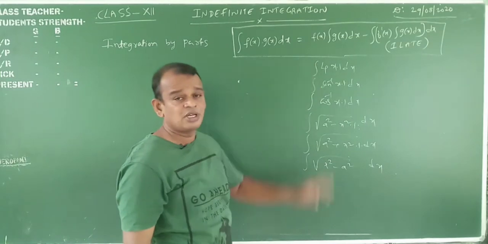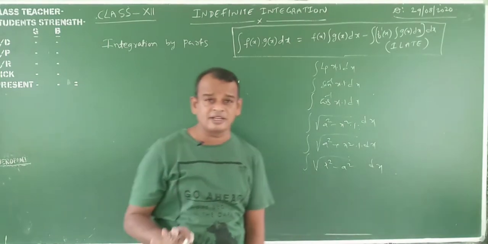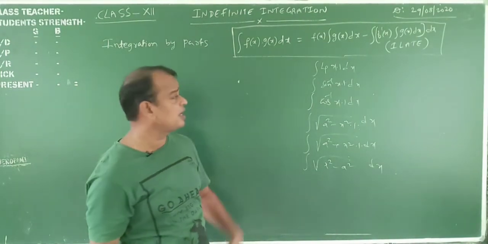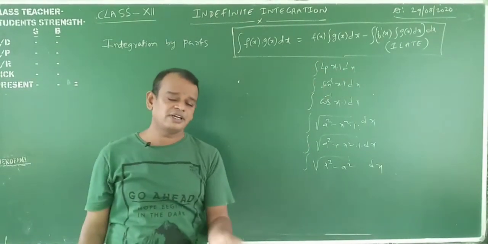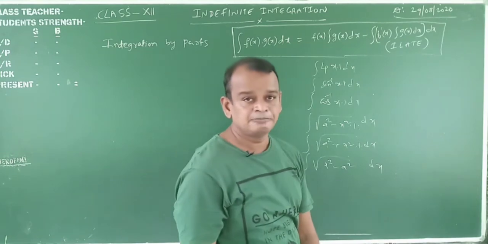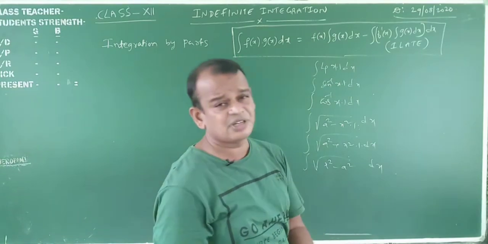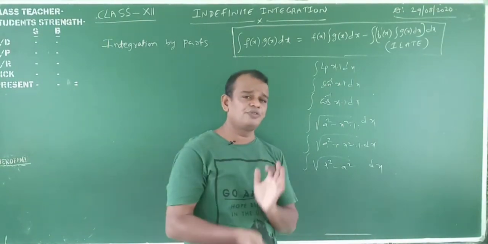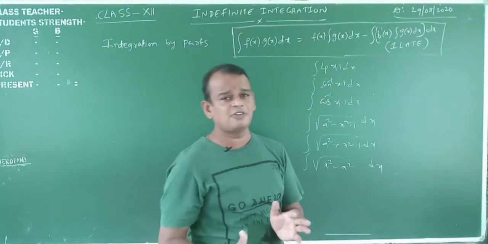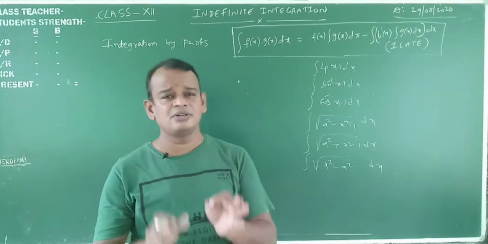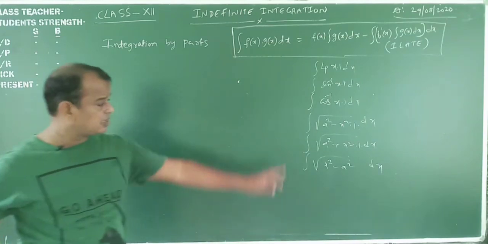Log x is given. For suppose, integral of log x. The derivative of log x, you know, is 1 by x, and the integral of 1 by x is equal to log x. But what is the integral of log x? We don't know. That's why this is a special function. Compulsorily we take the second function as 1; f of x is the first function. The same for sin inverse of x, cos inverse of x, tan inverse of x, secant inverse of x, cosecant inverse of x, whatever it may be. To find the integration of the inverse trigonometric functions, 100% the second function you will take as 1. Remember this one, my dear students.